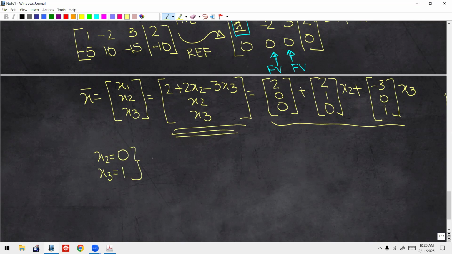I can take them to be anything. So what does x look like? Obviously, I could have taken both x2 and x3 to be 0, but let's mix it up. So you can use either this or this form, doesn't matter. Replace x2 with 0 and x1 with 1. So we get 0, 2 minus 3 is -1. Then we get 0 and we get 1. So that's one example of a vector that'll map into